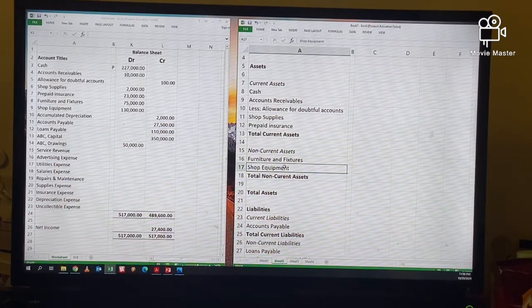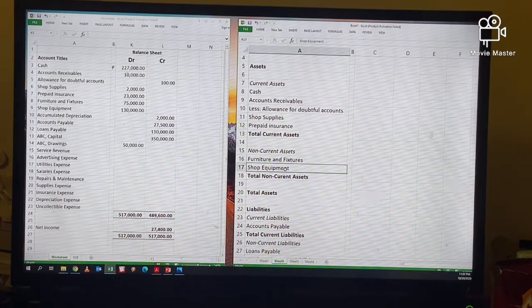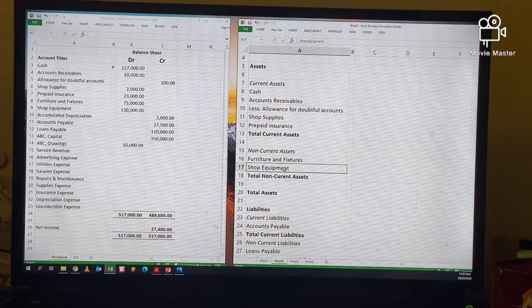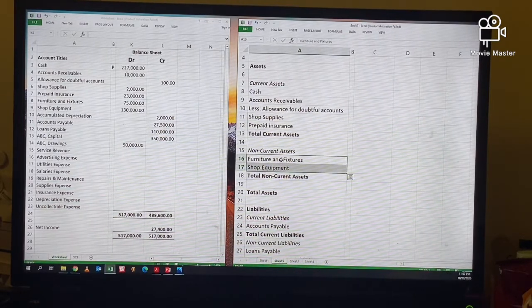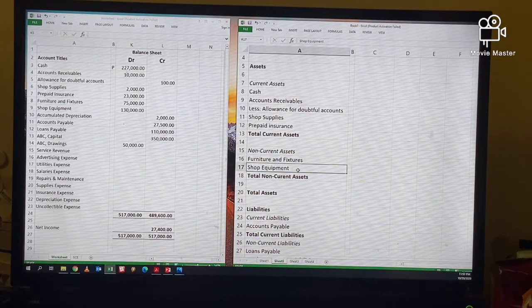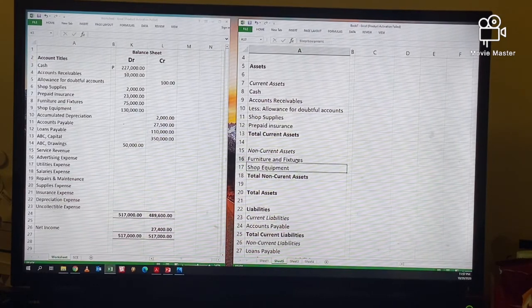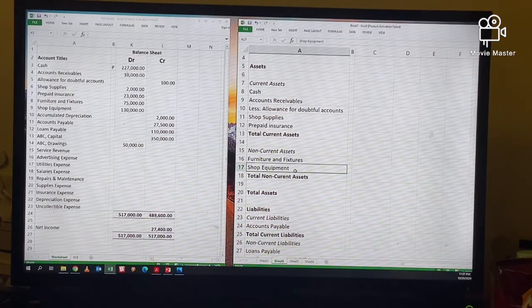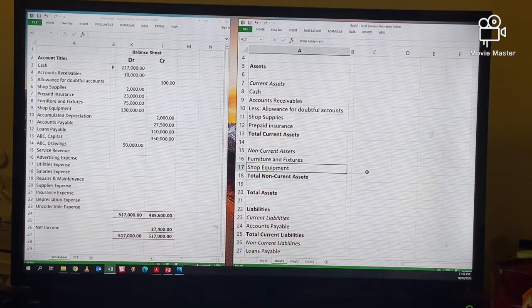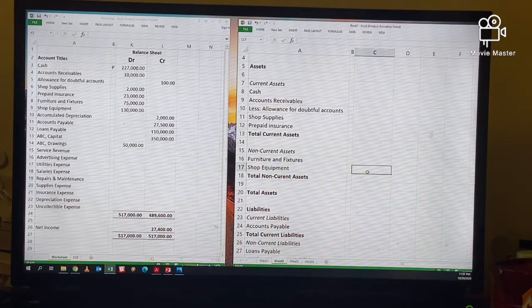So, magagamit mo siya, you will receive benefits or benefits will flow to the entity. Yun kasi ang definition ng asset with future economic benefits. So, meron kang future economic benefits sa mga pag-aari na ito on the next 12 months and more. So, more than 12 months mo pa siyang mapapakinabangan. Kagaya na nga shop equipment mo, ang life niya 10 years, diba? So, within the 10 years, mapapakinabangan mo siya or may marireceive kang revenue or may ma-generate kang revenue dahil dyan